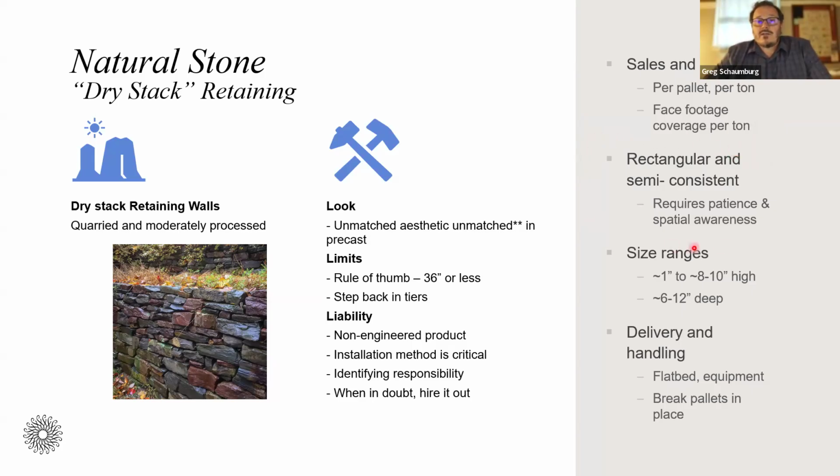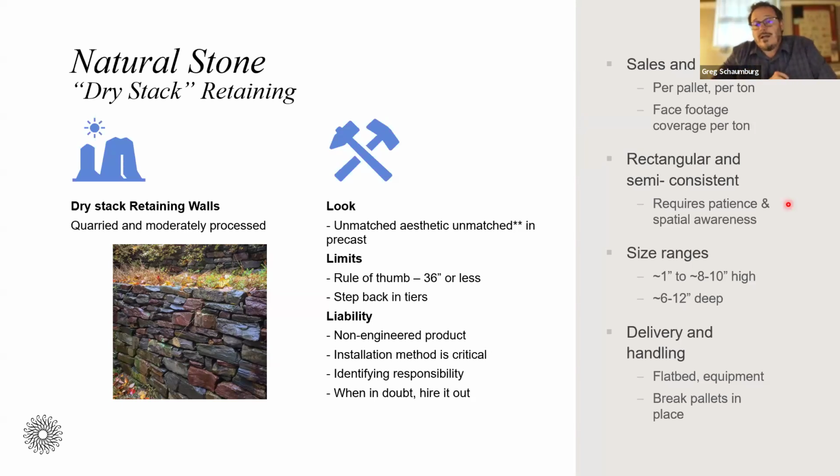So from the material itself, when you start picking it up, and you see it in this image here, they're semi-consistent and they're mostly rectangular. There are other shapes and sizes, but for the most part, it's not an exact unit building block. Like we talked about before, when you're talking about a natural material, there's some give and take between the aesthetics and the performance. And the performance means that you have to spend a little bit more time and be a little bit more patient